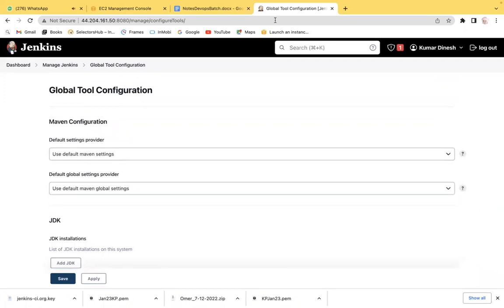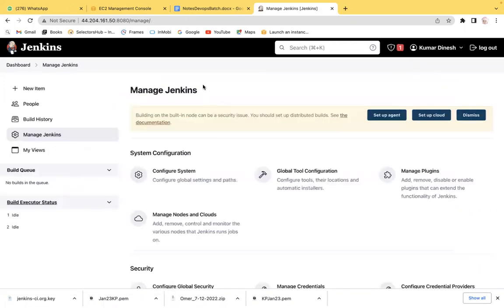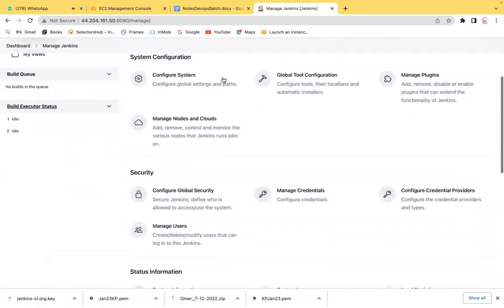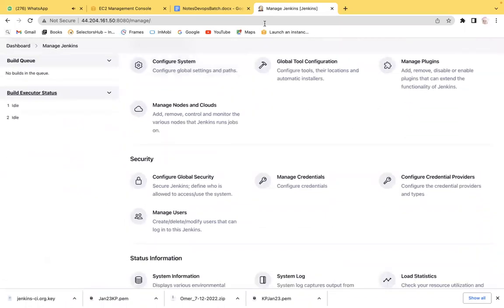Yes. Yes. Right. Now, suppose the one important thing is, when we